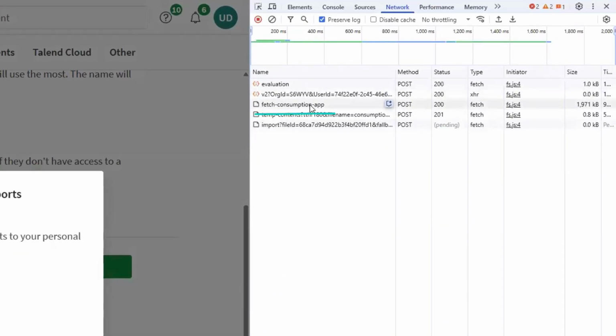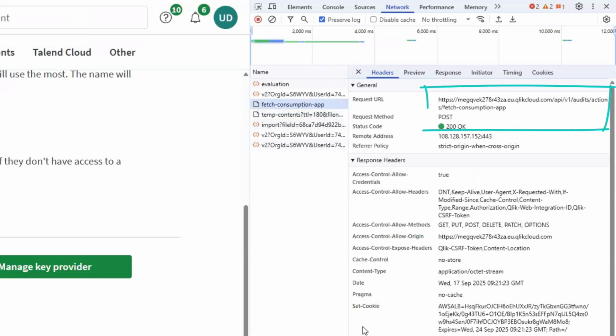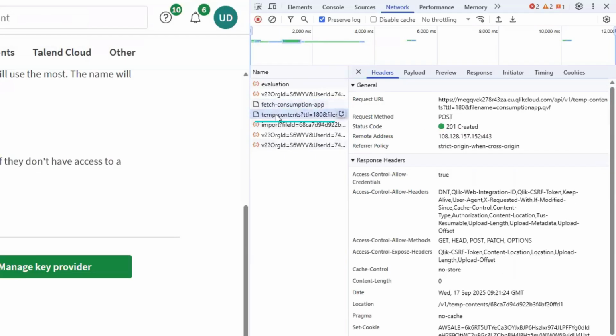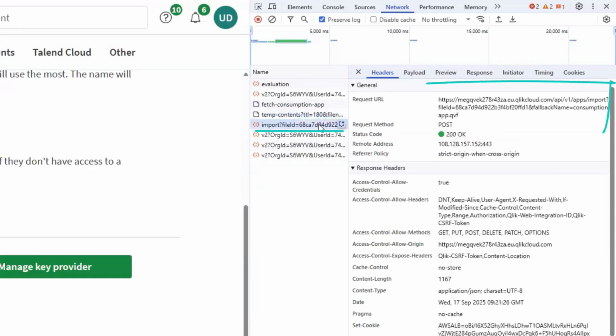Okay, so that's doing the fetch consumption app. I see that call. What else is going on here? Fetch consumption is the one we just saw in Qlik.dev, a brand new API call available. But after that, Qlik is going to import the consumption app into a temporary area inside Qlik Cloud using the following API endpoint. And finally, Qlik will import the consumption app into the personal space of the user who has